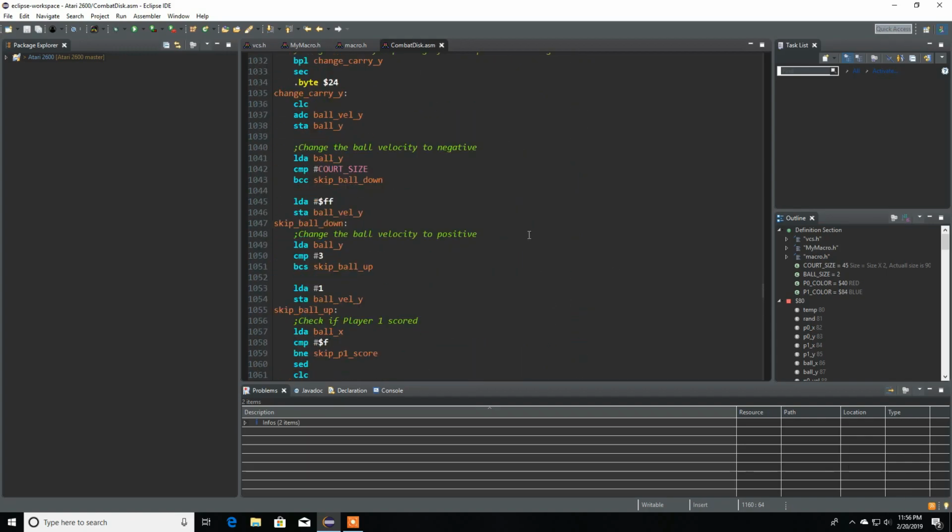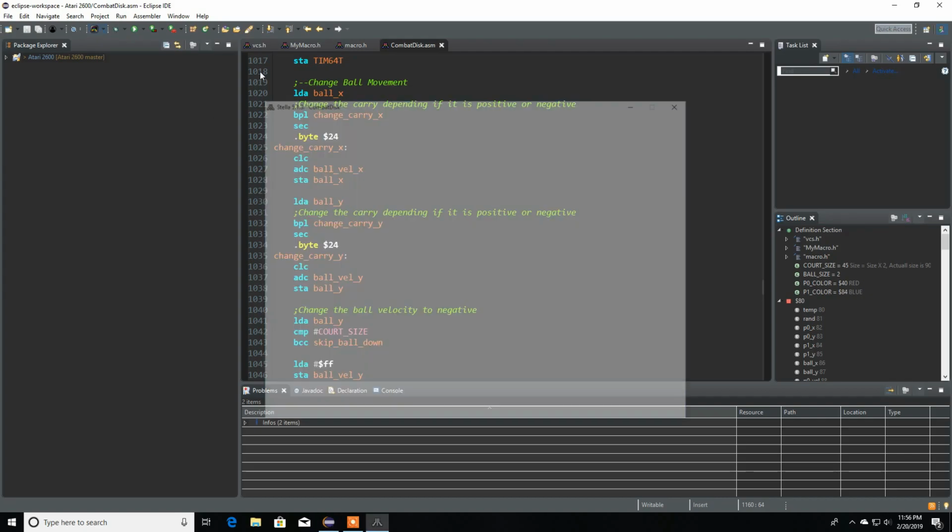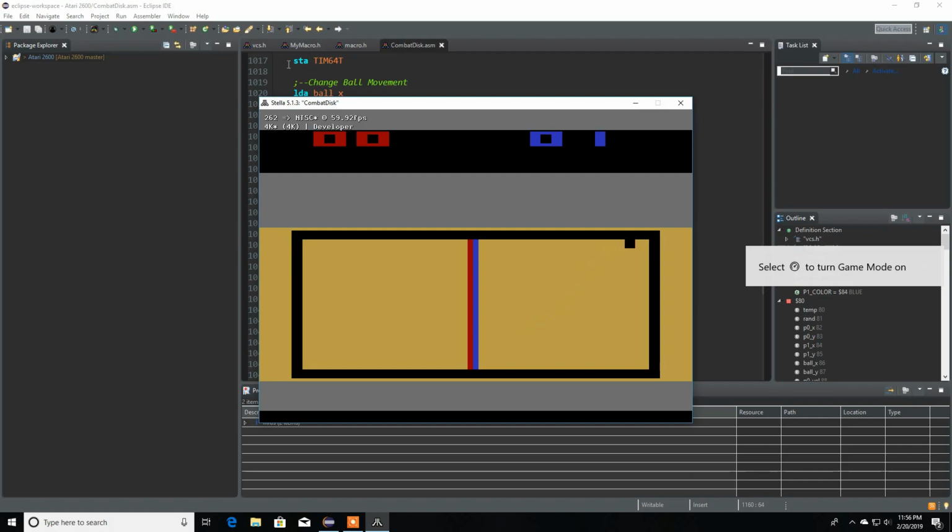The next thing that I did, I came here into the ball change, and it's loading the ball X. So if it's positive or negative, it's going to set the carry or clear the carry depending on the ball movement. So that's all set. Let me just assemble and show you guys, it's faster. You see the ball is going